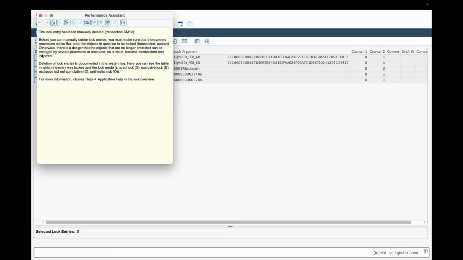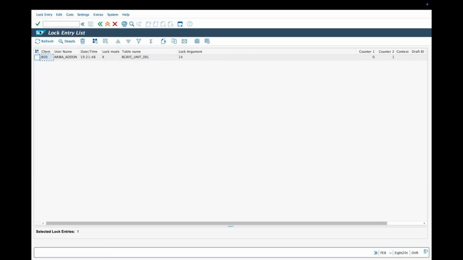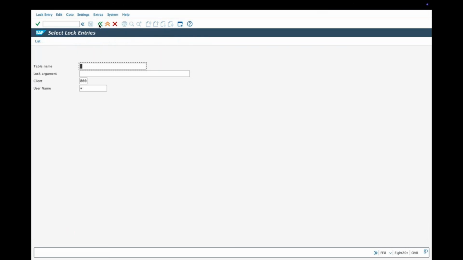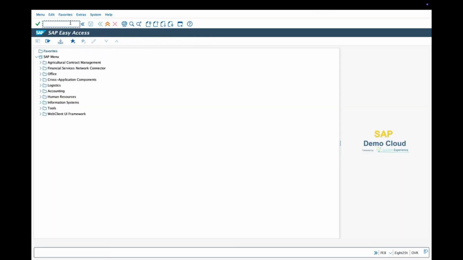It's like you are clearing the traffic, so you are able to move in the same direction with other persons also moving in the same direction. Without disturbing somebody's activity, you move on with your process. So delete lock entries in one shot. Sometimes all the locks may not be deleted. So again, lock entries, delete all, till you see everything blank. Keep moving. Fine. Go a step back. Refresh now. Now the lock has been deleted.